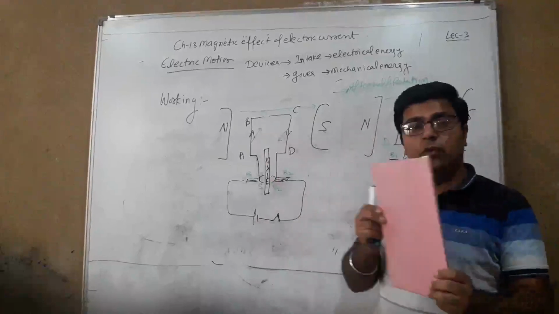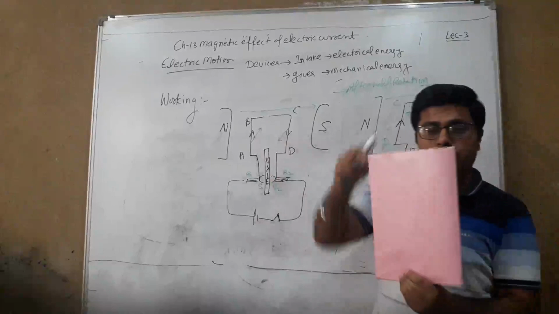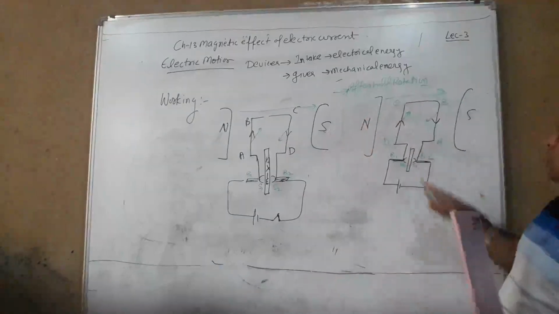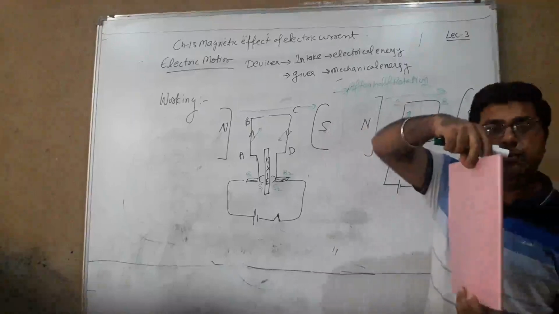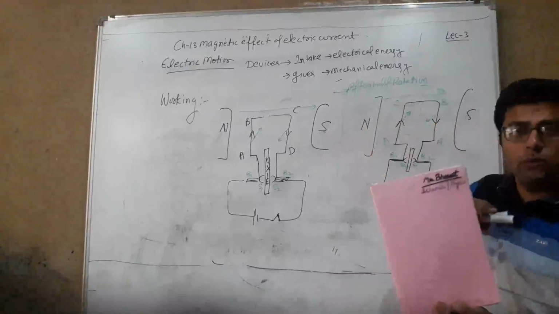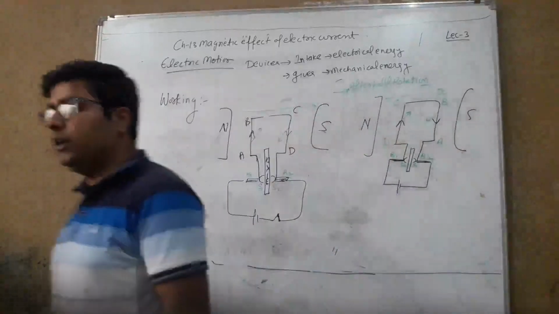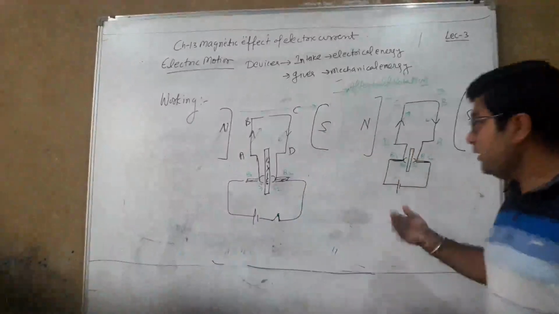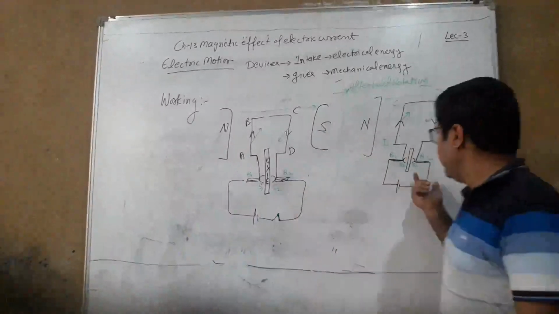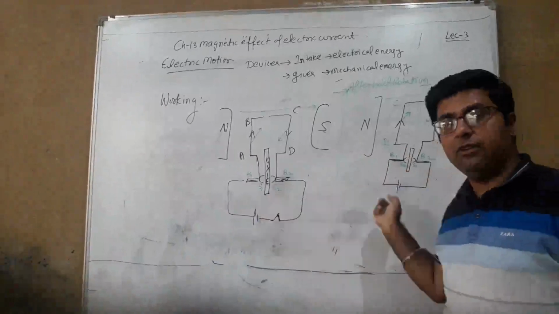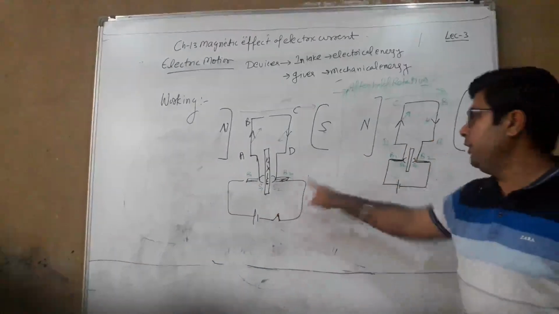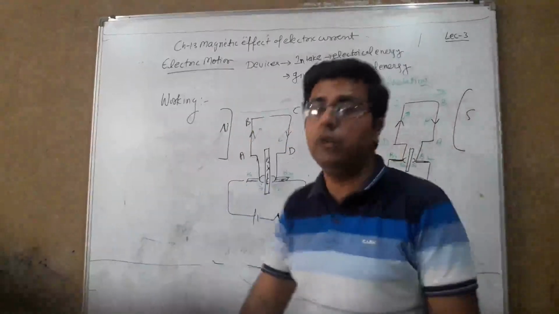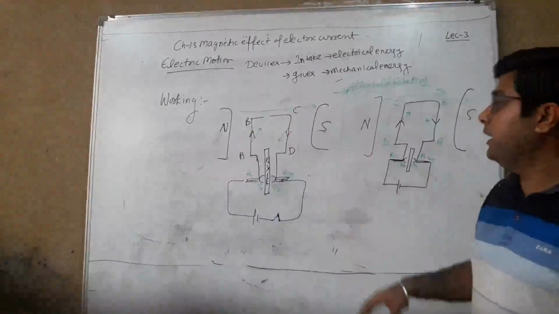Initially AB is moving inward and CD is moving outward. Now CD moves inward, and AB moves outward. So it makes one complete rotation. Similarly, the same thing goes on. Again, B1 is connected with S1 after one complete rotation, and B2 is connected with S2 after one complete rotation, and this process goes on.